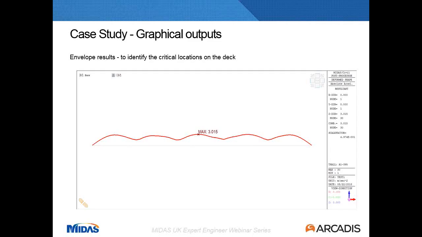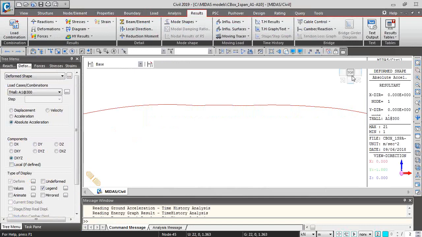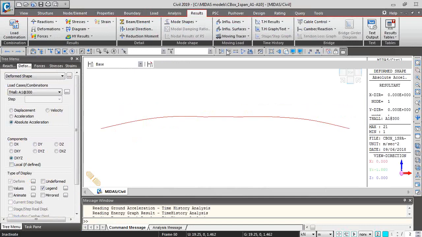For instance, for this case study, the model that we are performing, we can extract values as envelopes. I'm going to show that directly in our model. Just to be quick, I have the same model with all the different trains and different speeds already analyzed, so I have the results ready, and you don't have to wait for the model to run all these different cases. So what you can do is, for instance, if you want to check accelerations for a specific